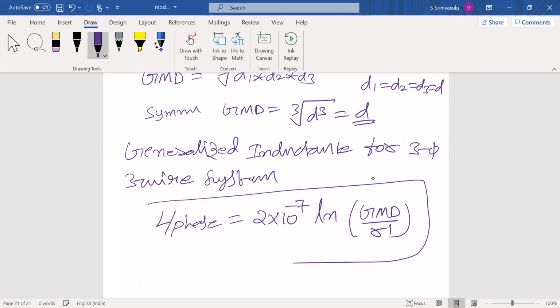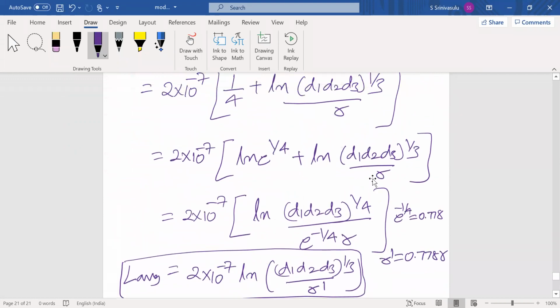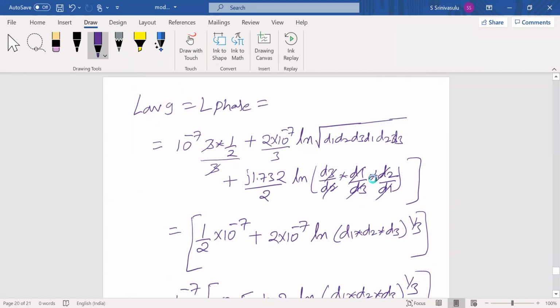The GMD may change based on the configuration. In a symmetrical configuration, the GMD equals the equidistance d. In an unsymmetrical configuration, the GMD equals the cube root of d1 into d2 into d3. And learn this, about the completion of the entire three-phase three-wire inductance calculations. Okay. Now